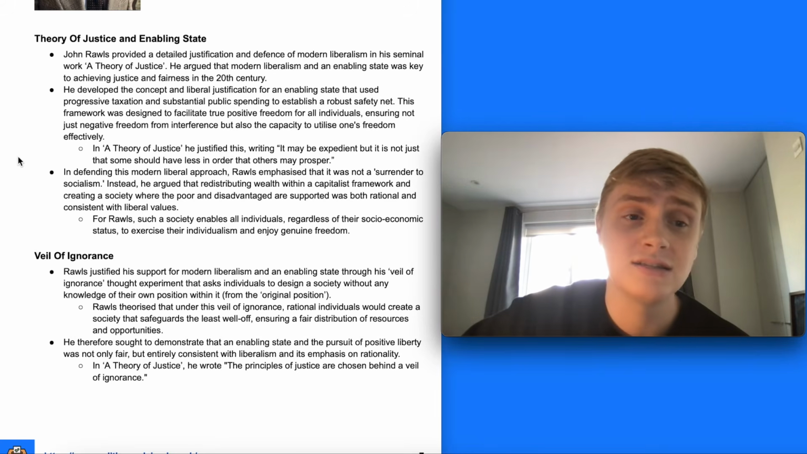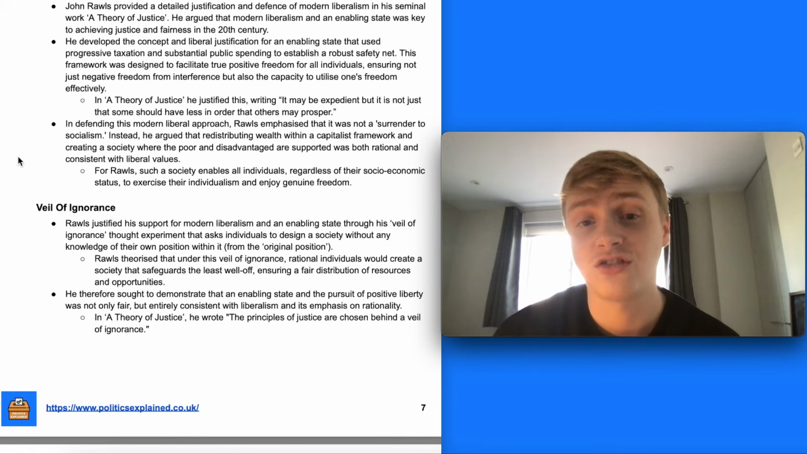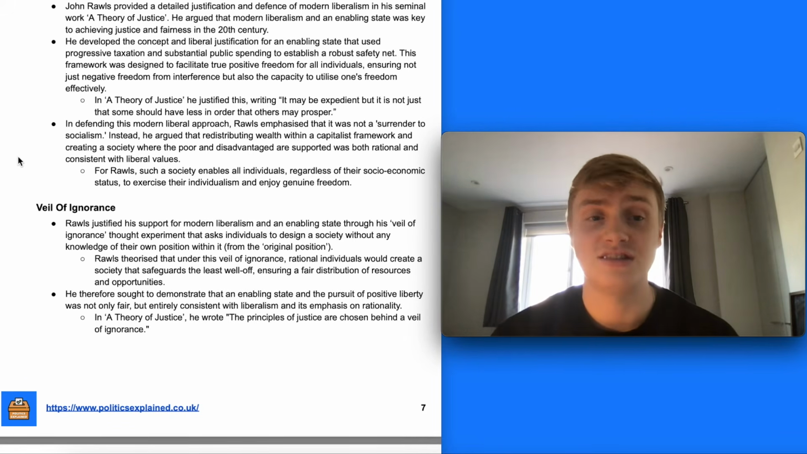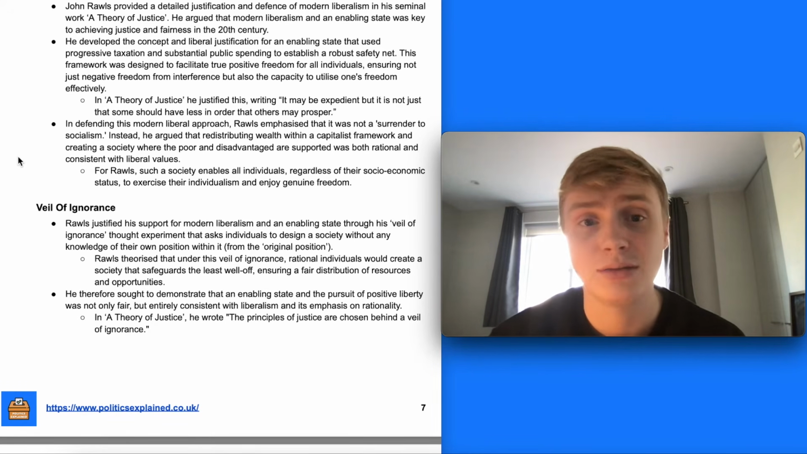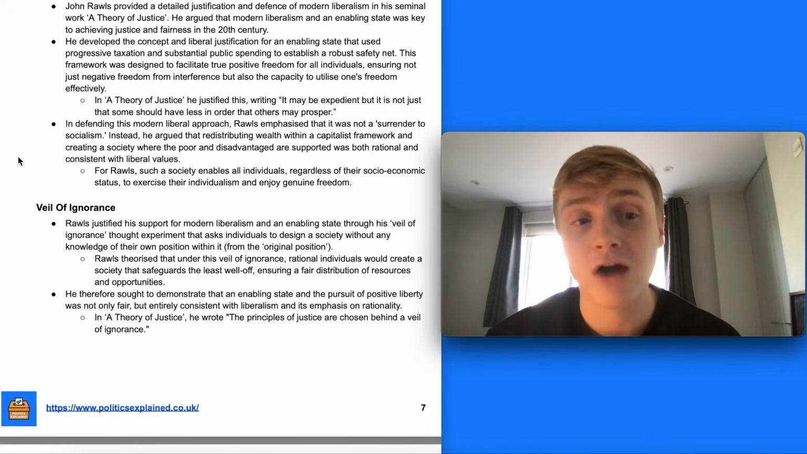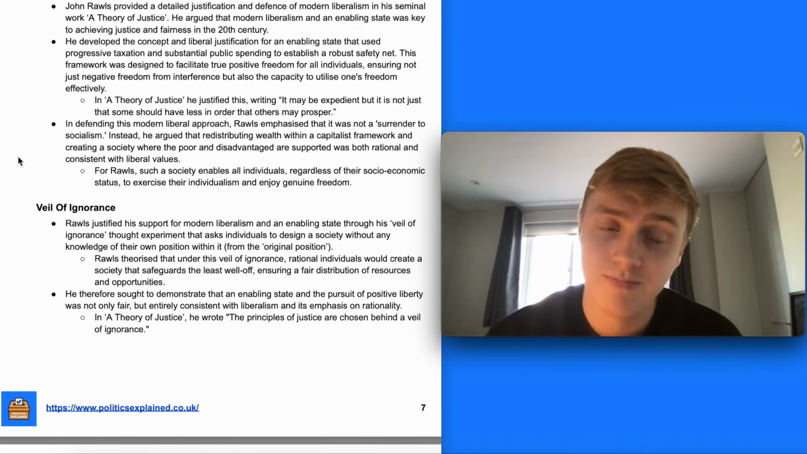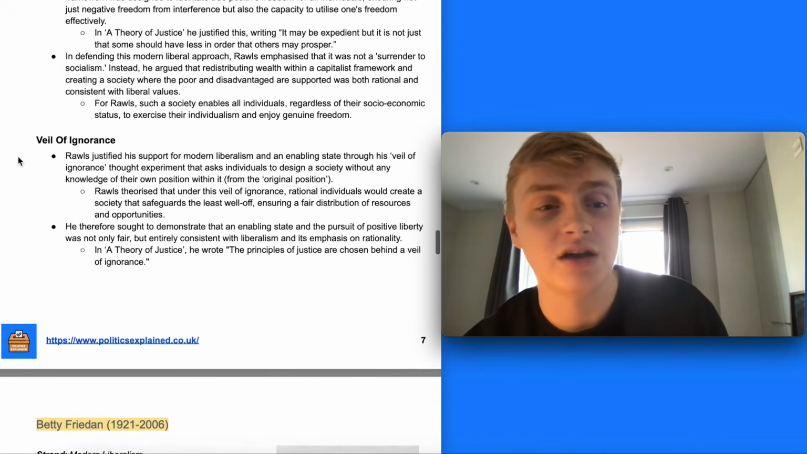So he emphasised that this modern liberal approach was not just surrender to socialism in its belief in greater state intervention. He instead argued that redistributing wealth within a capitalist framework and creating a society where the poor and disadvantaged are supported was both rational and consistent with liberal values. And key to this was his veil of ignorance thought experiment,